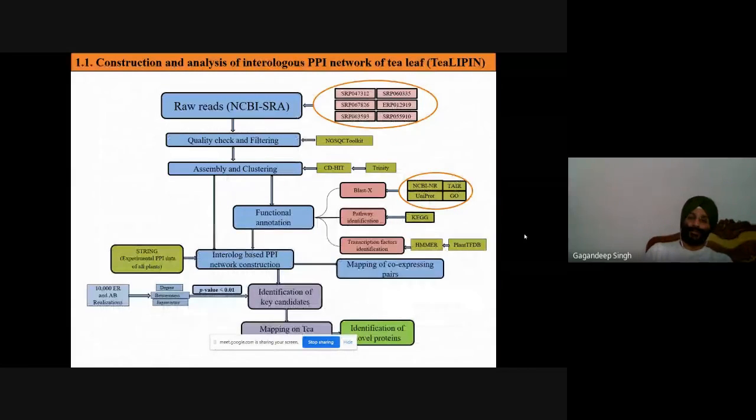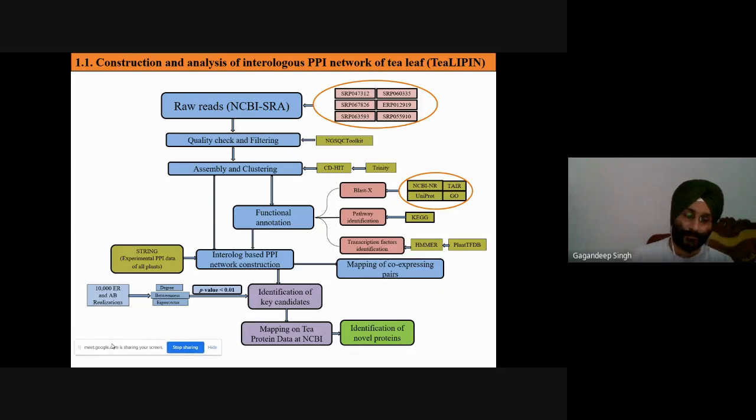Now see, there are some raw reads. These are the raw reads. Basically, because I don't have access to any next generation sequencing platform, I don't have an Illumina sequencer, because it costs, I think, more than 10 lakh for one single sample, or for more than one or two samples.